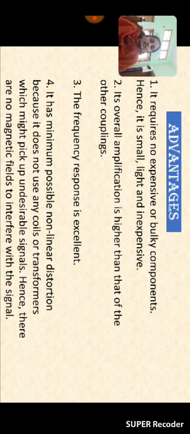Hence, there are no magnetic fields to interfere with the signal. Okay, and while coming to the next one,